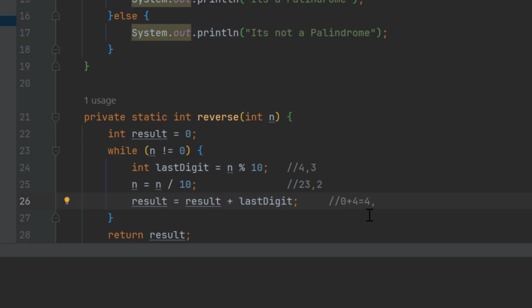Next. In the next step, my result is 4 when the loop runs again. My result is 4 and my last digit has become 3. So which is equal to 7. But 7 should not come, right? Okay, 7 should not come. This 3 should be in the tens place. Okay, here my expected answer is 43, not 7. So if my answer needs to be 43, if I add another 0 over here, then I'll get 43,